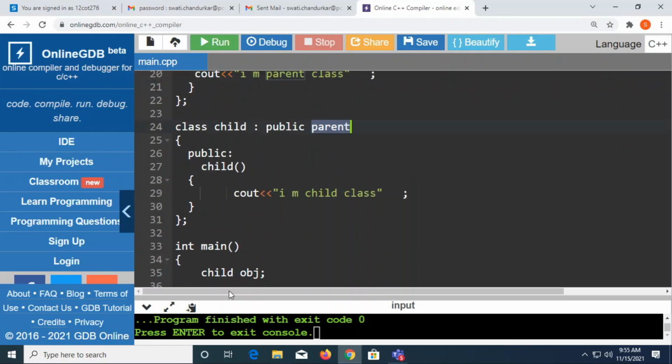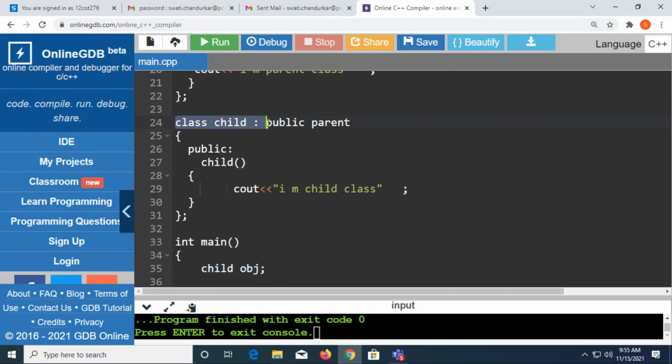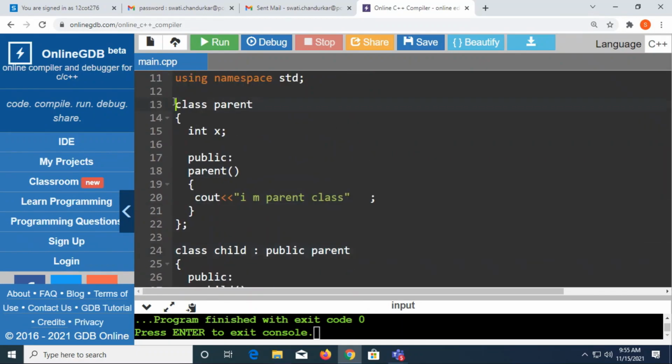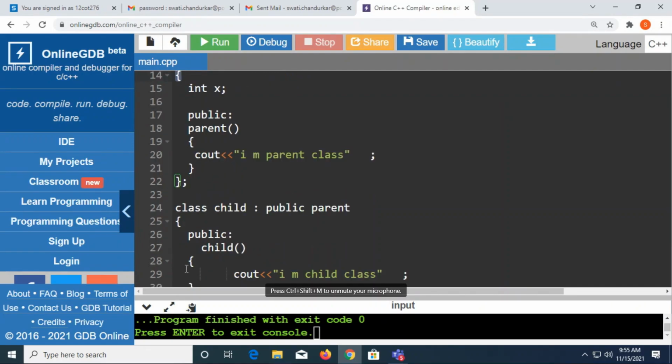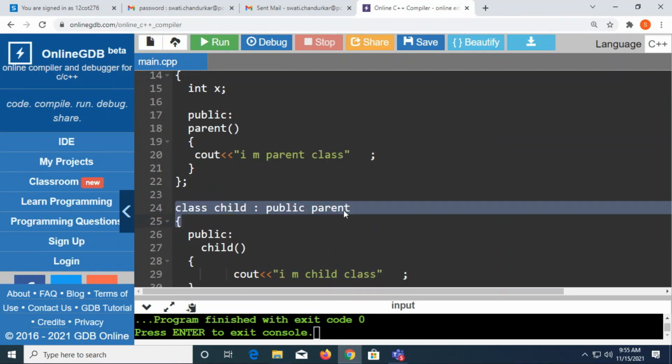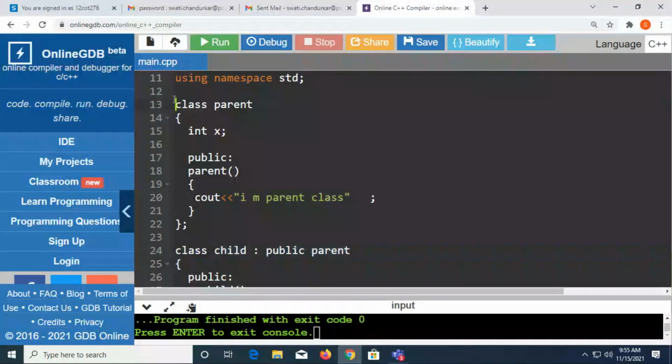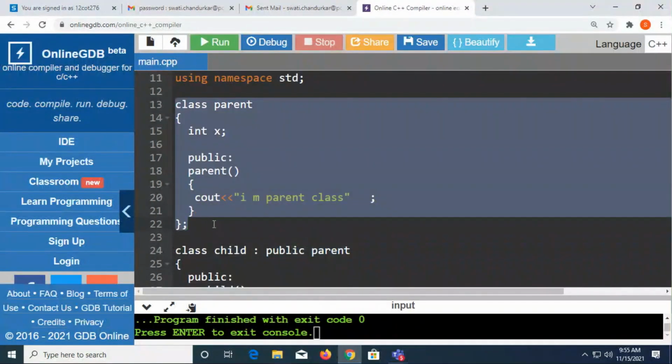So what will happen? When the compiler's control comes here, from here the control will move to the parent class. My child class is not executed yet. From here only, I'm directly passing my control to the parent class, and then the parent class will be executed. So what have we written inside the parent class? Of course, a constructor is there. So I am expecting, what will be the output first? This constructor will be executed. So my output should be this line first.